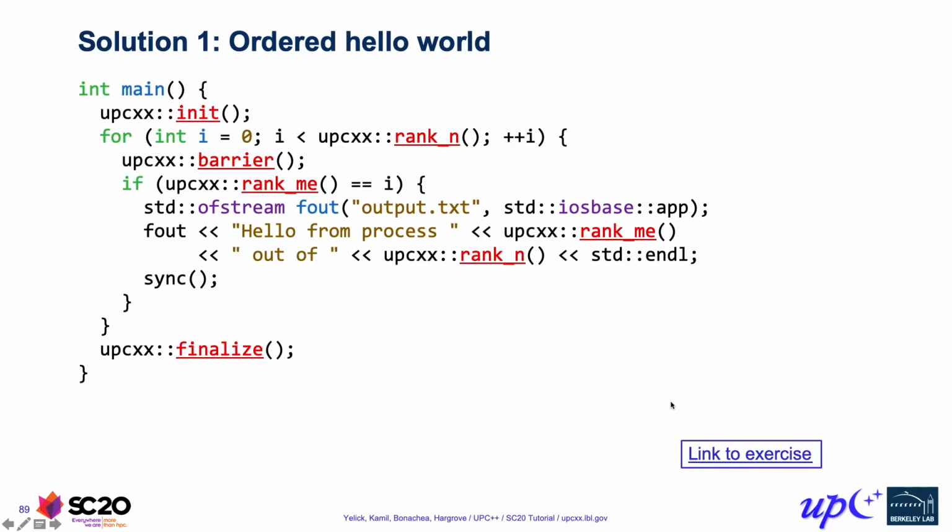The main point of this exercise is to demonstrate that we don't get free synchronization. All the processes are running the same code image, but they're not synchronized in any way. And the only way that we get synchronization is by explicitly asking for it. In this case, we used a barrier to do that. And we'll see that a similar thing applies to other operations as well.